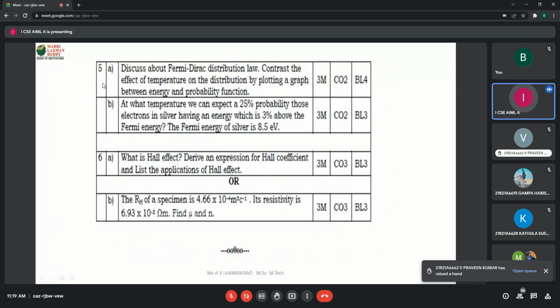Okay, now 5a and b. These two questions are also from unit 2 only. How did you come to know? Here you see the course outcome of unit 2, it indicates indirectly that it is from unit 2 only. So what question was given in this model question paper? Fifth question. Is this from unit 2 or not? Or is it out of syllabus? What is that question? Read out. Unit 2 only. Second part. Yes or no?